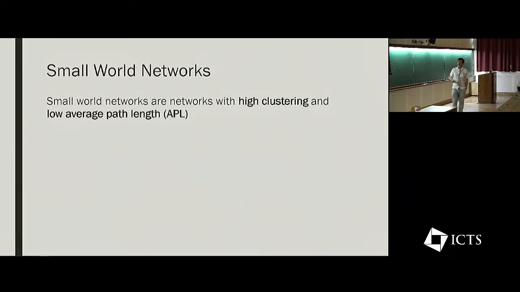Human social networks tend to have a special character. They tend to be small world networks. Small world networks are networks with high clustering and low average path length. That means they look more like the clumpy networks than like complete or cycle networks or other networks. What this means is that you tend to get cliques, agents who are tightly connected to one another,